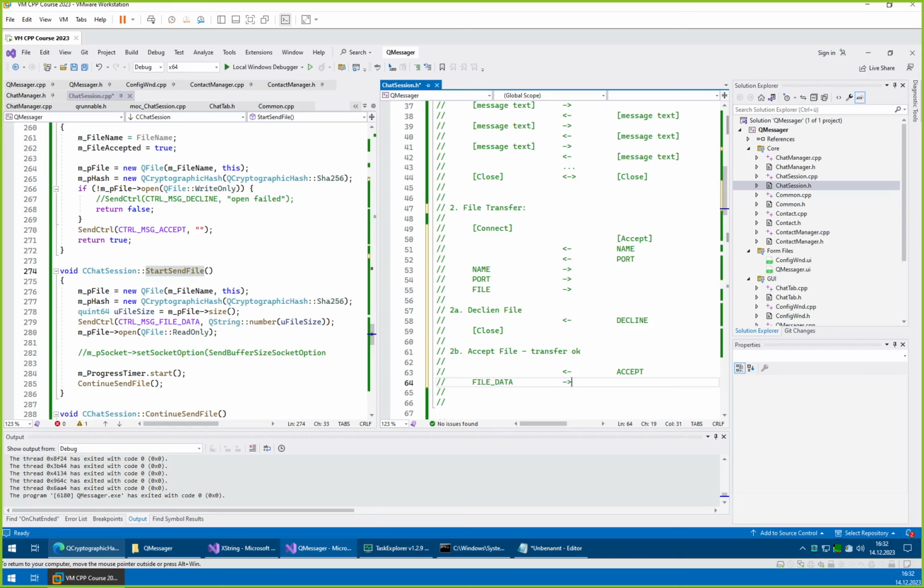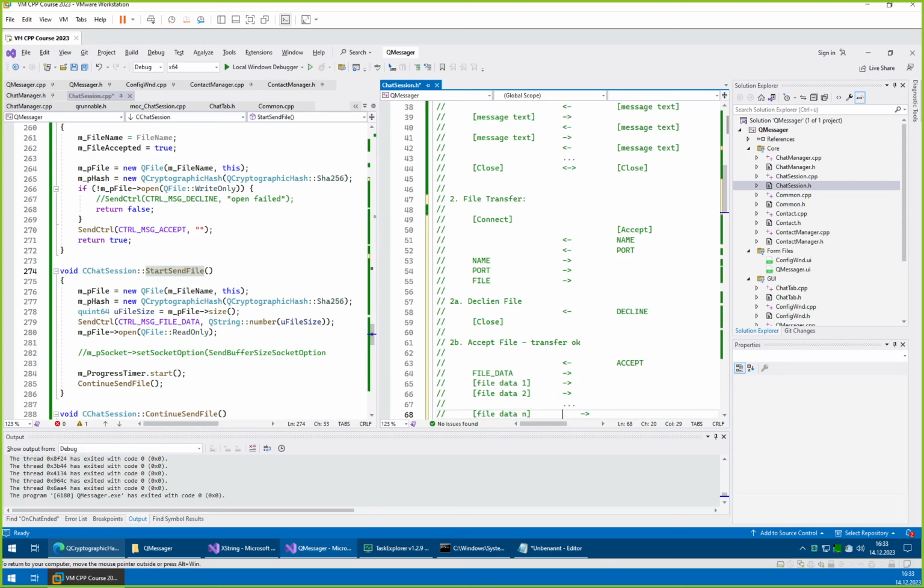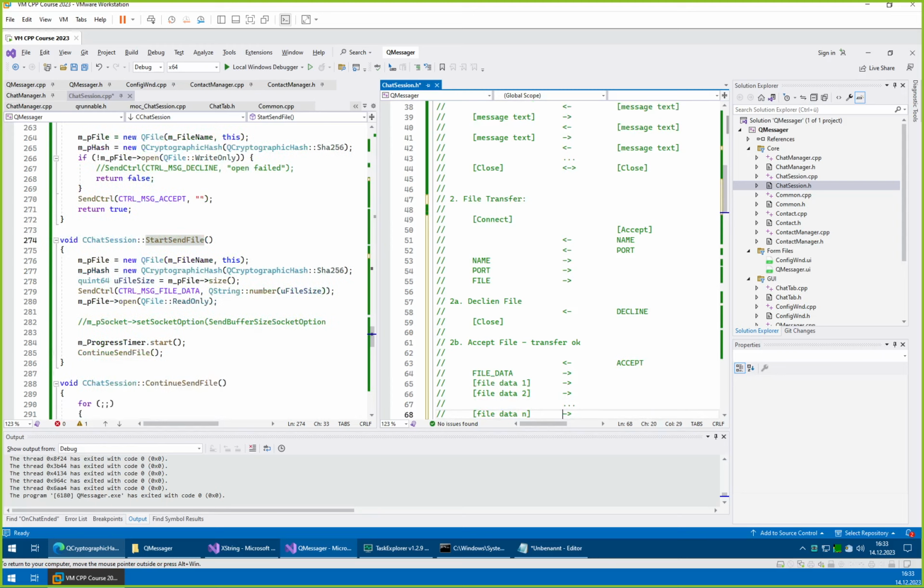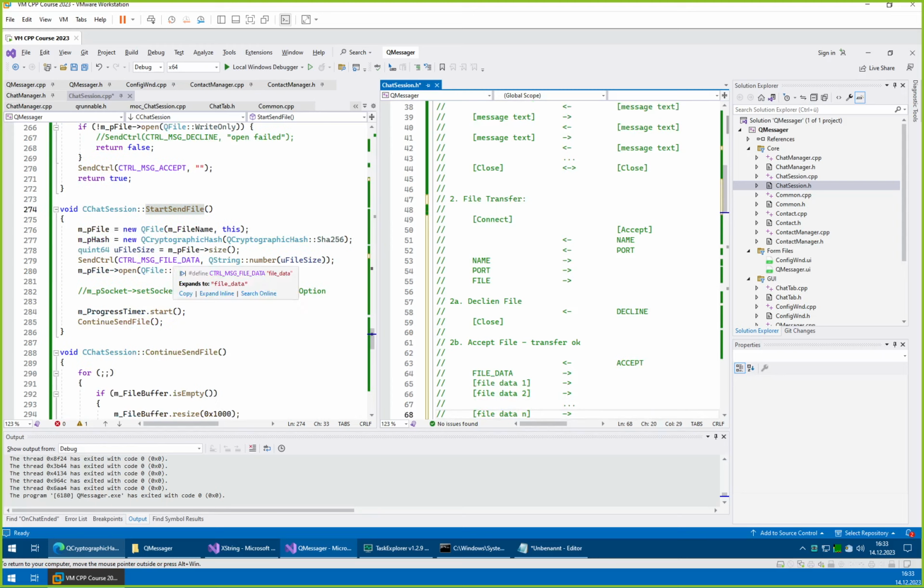File data, and then after file data we will be sending a lot of file data. We could actually call it file data 1, 2 until n, because there are many file data that can be transferred. And when we are done sending file data,